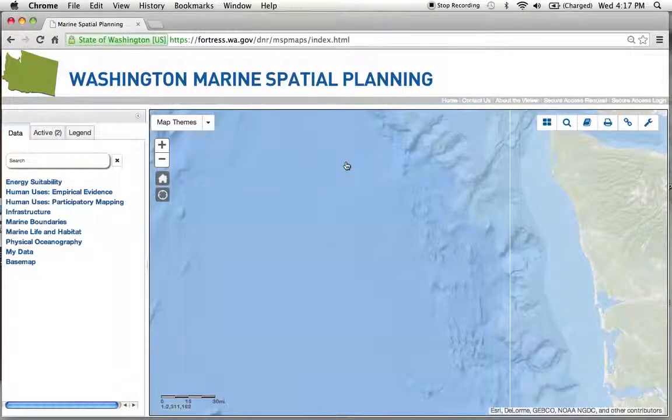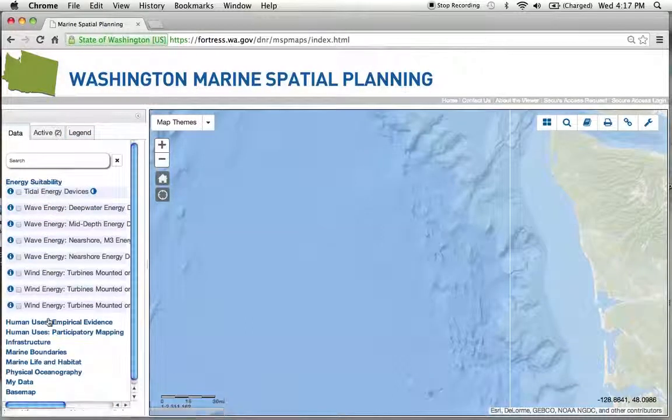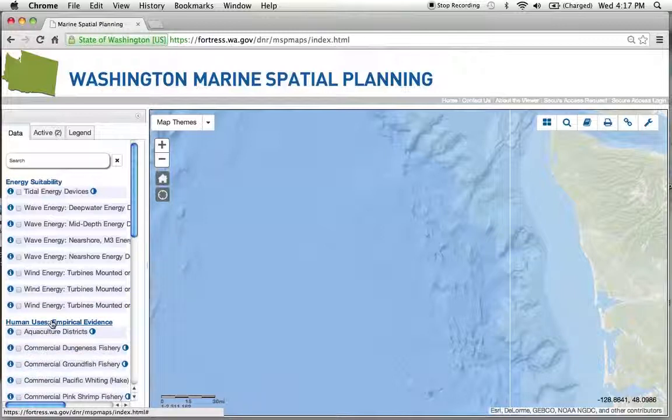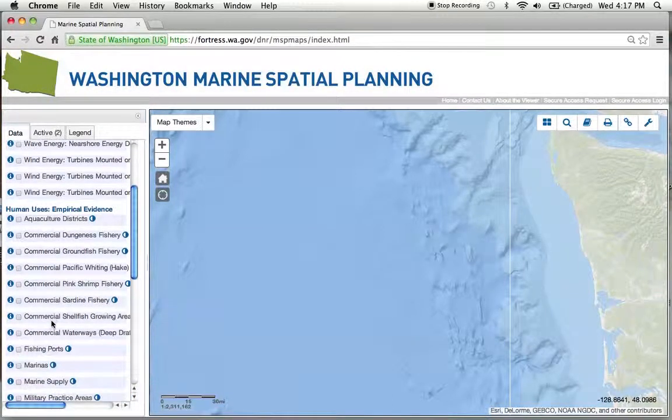So this is the interface for the mapping application, or the MSP data viewing tool. Let's talk about the tabs at the left. On the Data tab, go ahead and open some of these different categories by clicking on the category label. You'll see that a drop-down of data appears with specific data layers that relate in some way to the data category labels. So under human uses, there's a list of data layers that document human activities such as shipping and